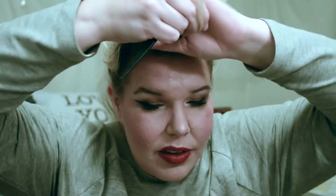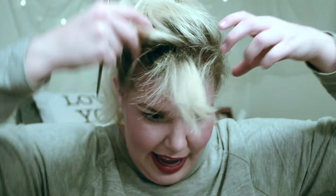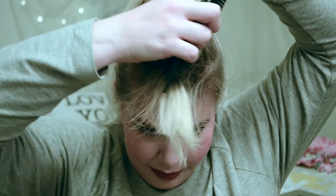Let's pin back these front hairs. You're going to want to grab a fine-tooth comb and we're going to tease it. Work from the front back, grab some hair, tease it, let it hang out. Grab some